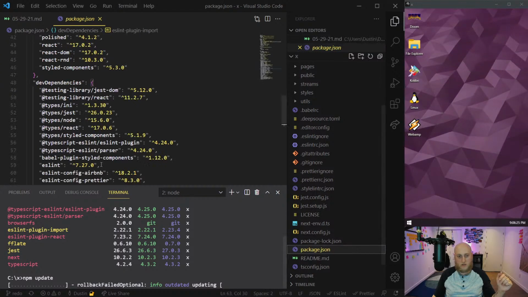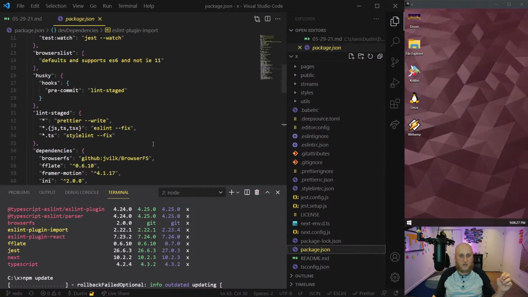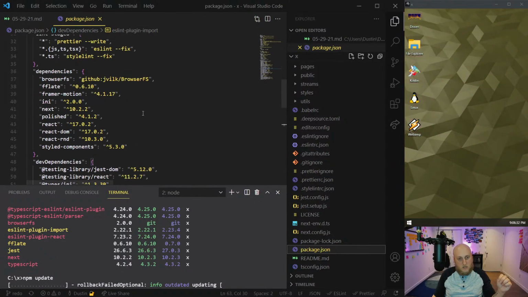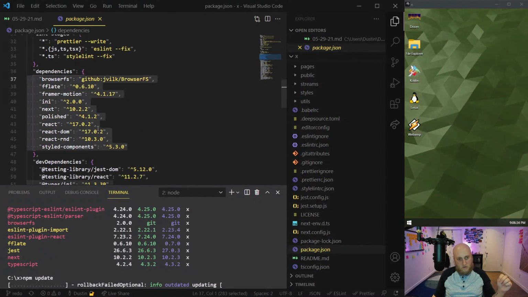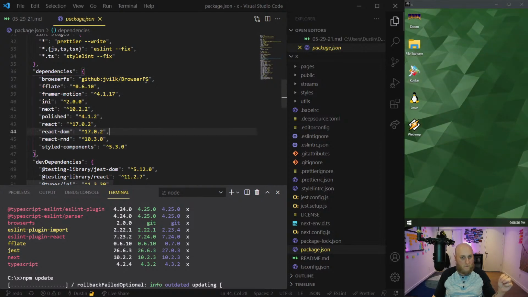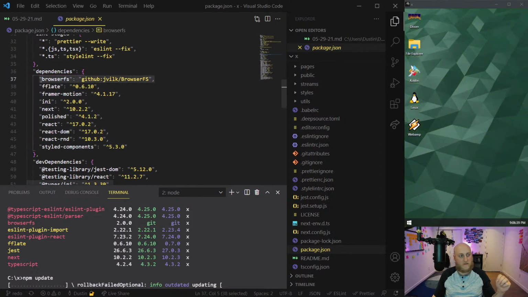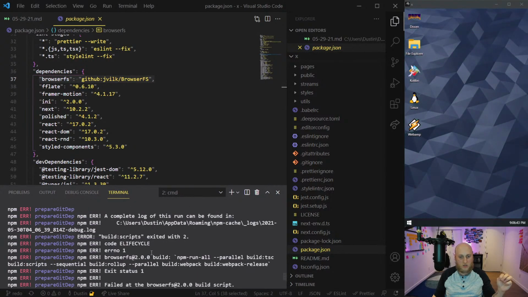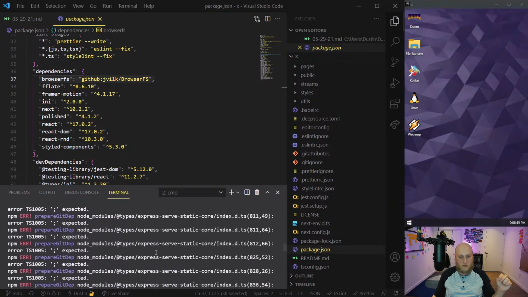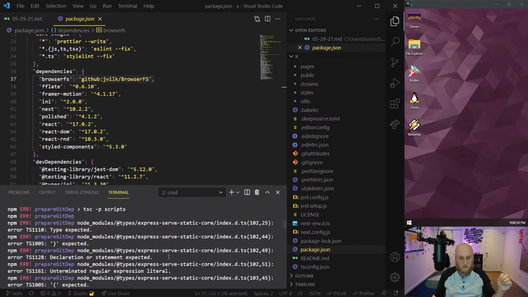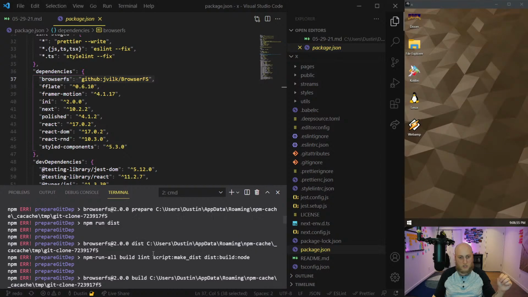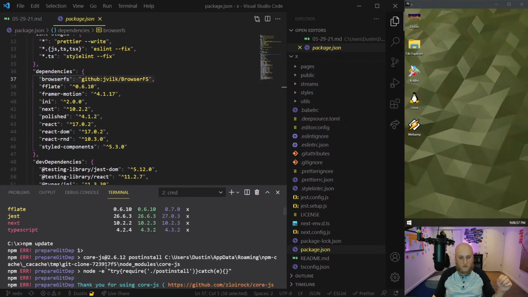And in the meantime, we can look at the package.json file. That's another exciting adventure. What's changed recently? Nothing. Trying to keep these dependencies low. That's always important, I find. I'm having some problems with this browser.fs dependency, I think, if you guys remember from last stream when I tried to do deletes and renames. Okay, so there's tons of errors here. Let's scroll up. I think, yeah, what's the main one? Express serve static core. I'm not really sure which thing is failing first. It's a lot of big fail, you know.